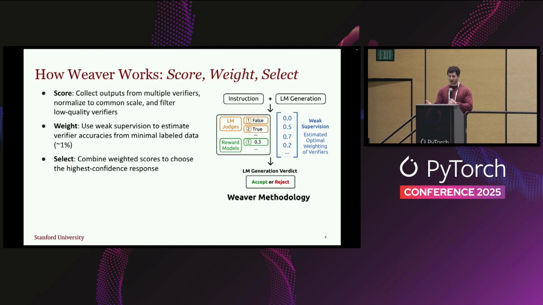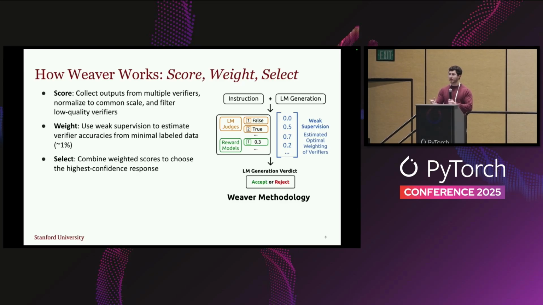And so how does Weaver work? The first step is actually scoring. So you have to go through and collect all of these different outputs from all of these different verifiers. You have to use these verifiers to score all of the different samples that are available and find which ones are most effective, because you need to actually see which ones are lower quality, which ones are higher quality. And you can intuit this by seeing which ones are the outliers over the entire ensemble. It's kind of this collective intelligence idea where, if you have all of your weak verifiers agreeing in a certain direction, they tend to actually be pointing in the right direction.